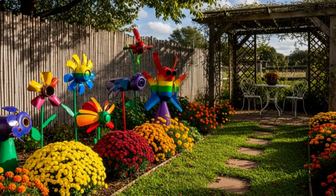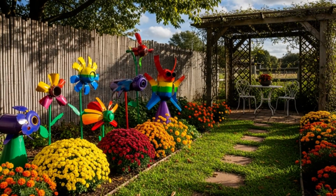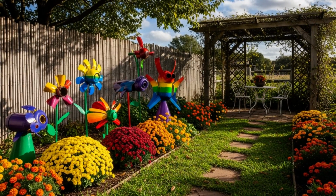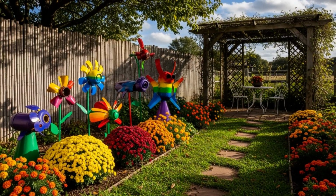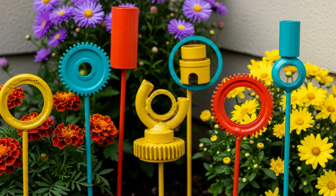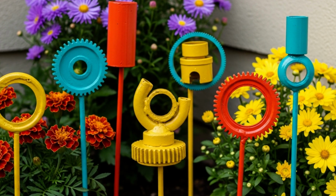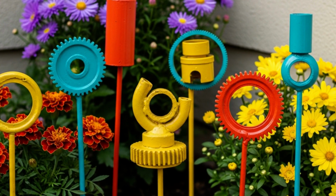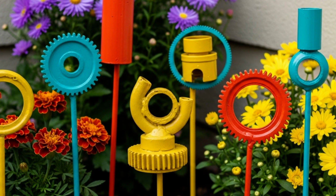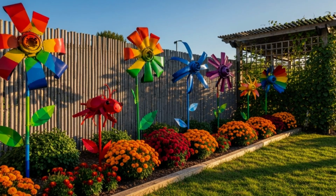In gardens, art often grows alongside flowers. The junk metal painted sculptures are proof that creativity knows no limits, that even the cold, rigid scraps of iron and steel can become companions to blooms. With a touch of paint and imagination, discarded metal becomes vibrant, standing tall not as waste, but as whimsical guardians